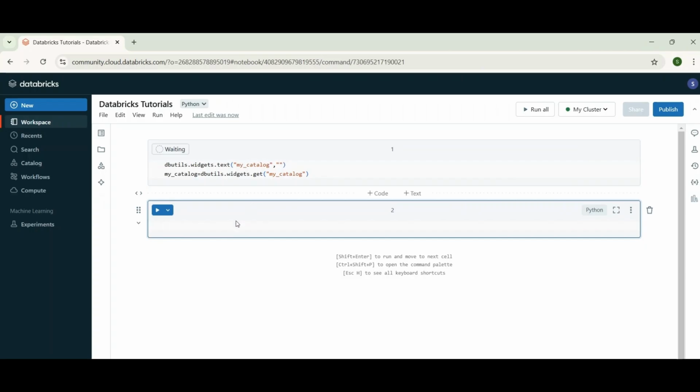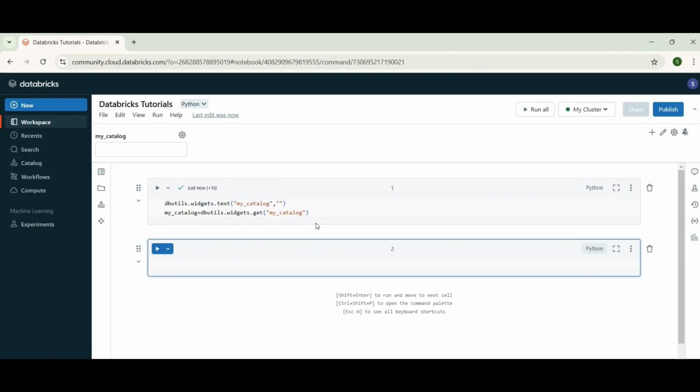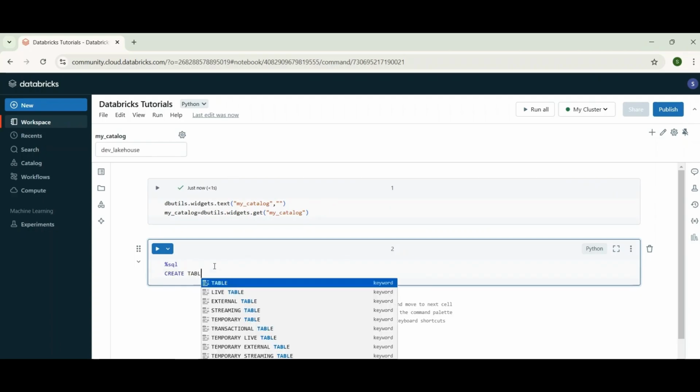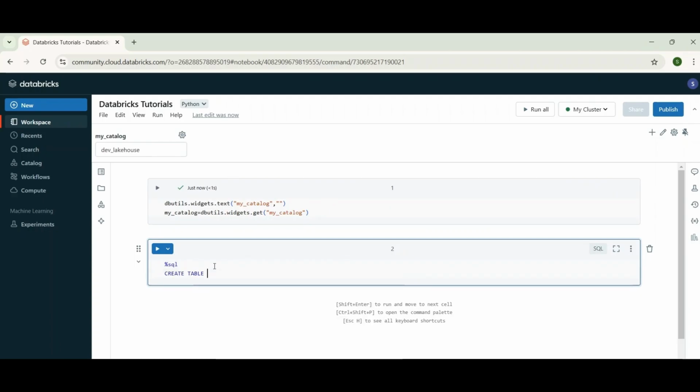It's the same thing. And when we hit run on the cell and then we define the catalog in our notebook, we'll be using the dev lakehouse in my catalog,